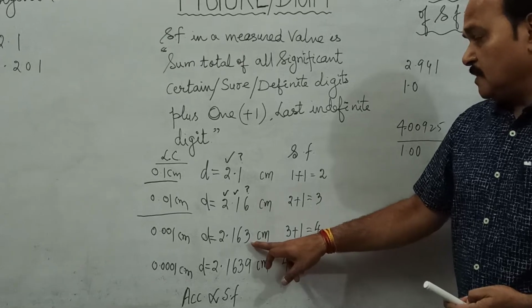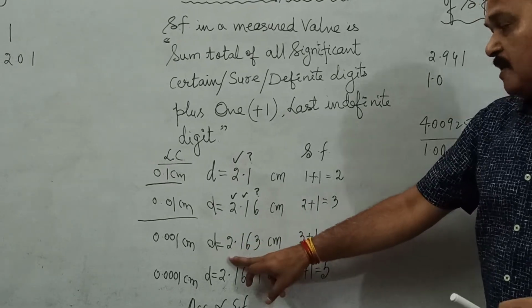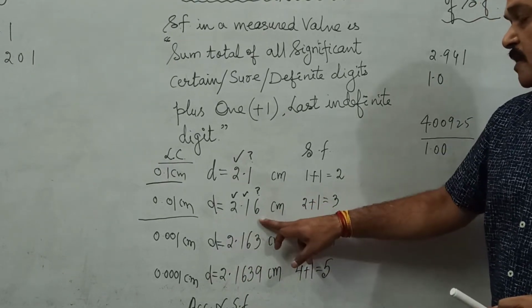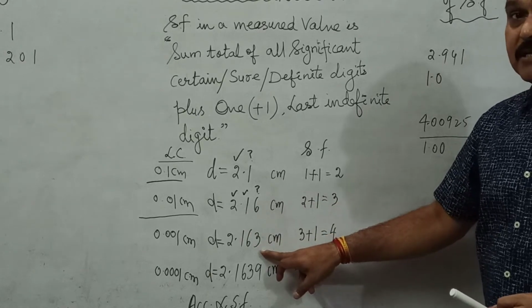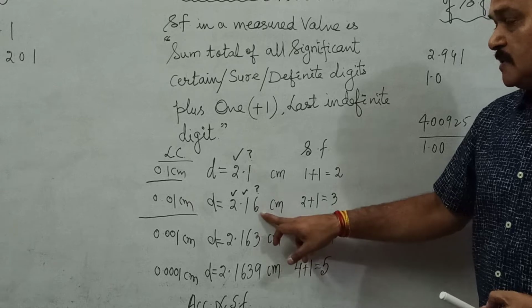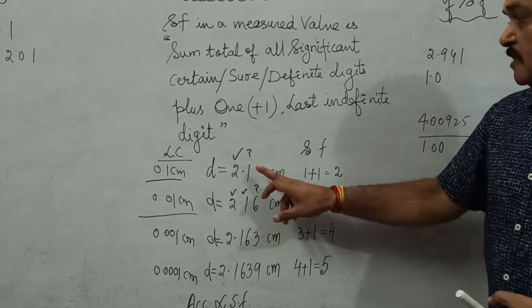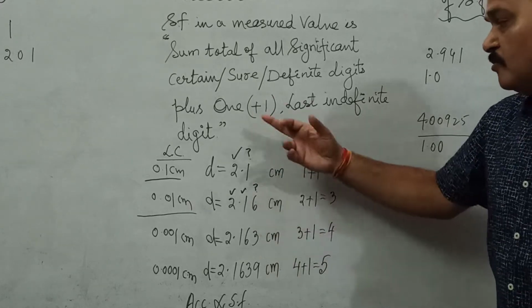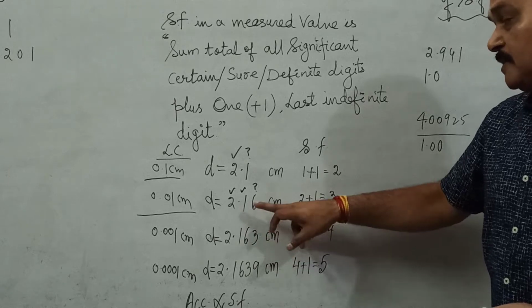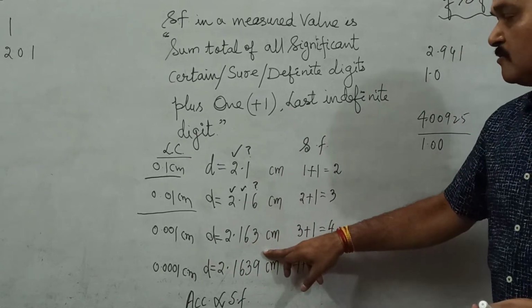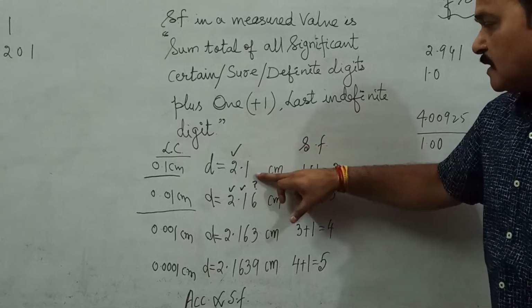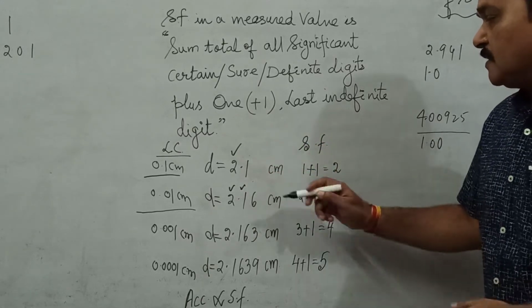Now see, if this diameter is to be written up to 2 places beyond decimal, it will come out to be 2.16 only because this 3 is less than 5. So this 6 remains 6. So this 1 became 2 when we look at this reading, but this 6 remains 6 in spite of looking at this recording. So there is always an element of uncertainty associated with the last digit.